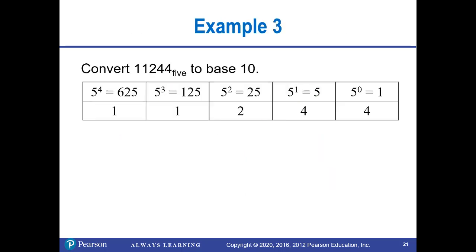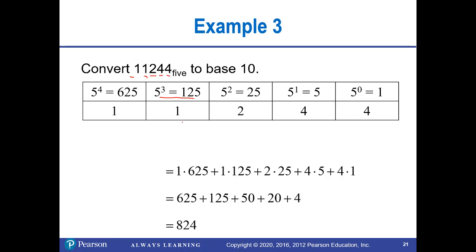So when we convert from another base to base 10, you should do something like this. What this is telling me is how many different groups. This is 4 groups of 1, 4 groups of 5, 2 groups of 25, 1 group of 5 cubed, which is 125, and 1 group of 5 to the 4th, which is 625. So you might get a chart like this. And then, this is in reverse order,